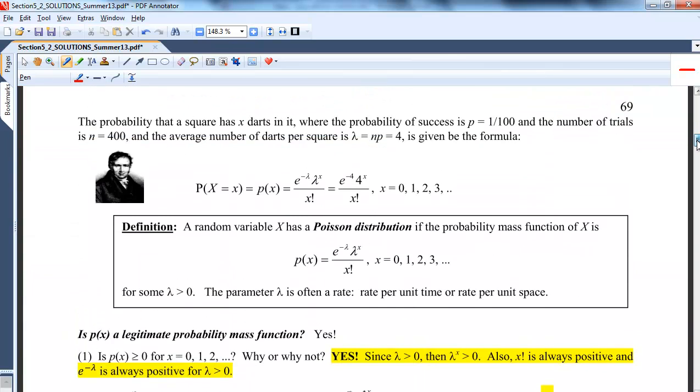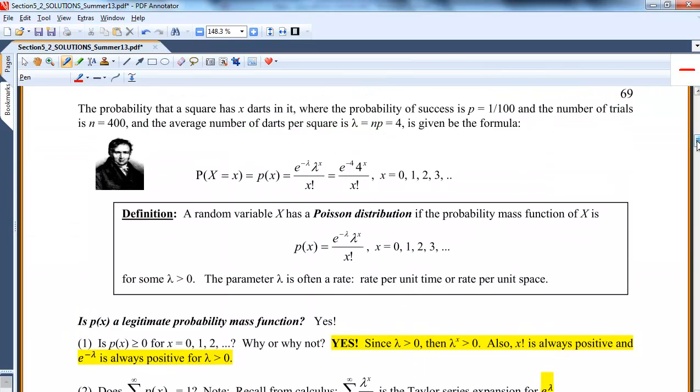So, what have you learned? We can approximate a binomial with a Poisson. And if you take the mean of a binomial, it becomes the rate parameter in a Poisson. So the probability that X equals x, you hit x darts in a spot, is given by e to the negative lambda, lambda to the x over x factorial. Lambda is that mean that we got from the binomial. And so there's a function.